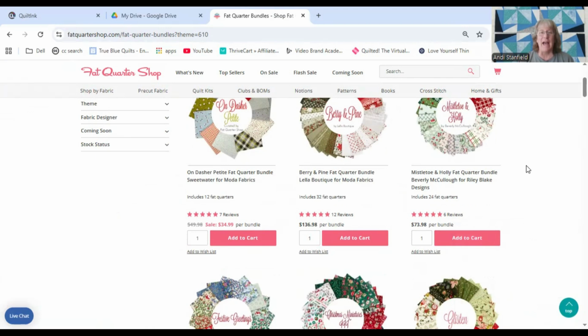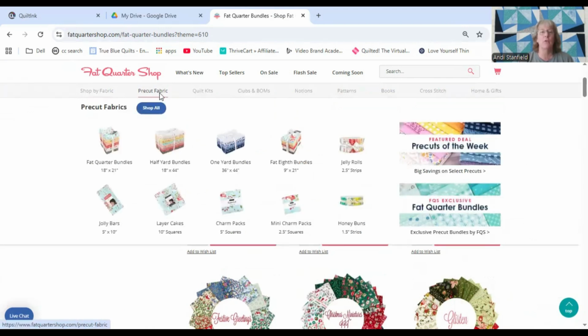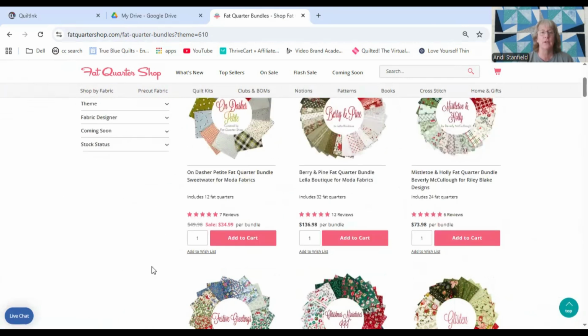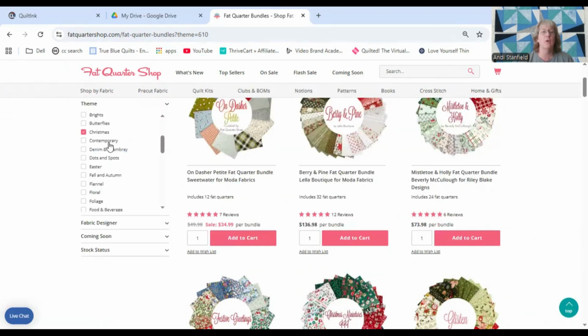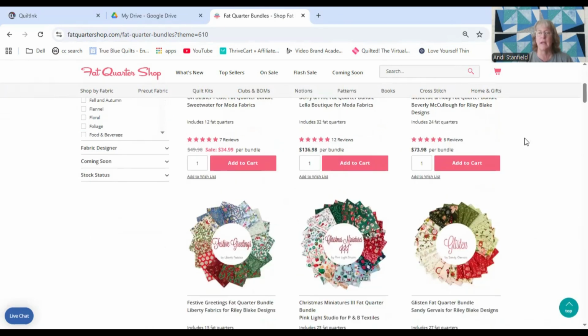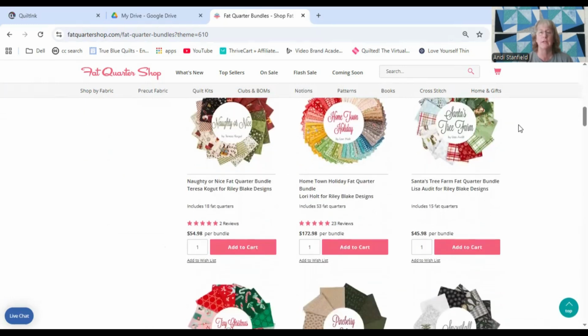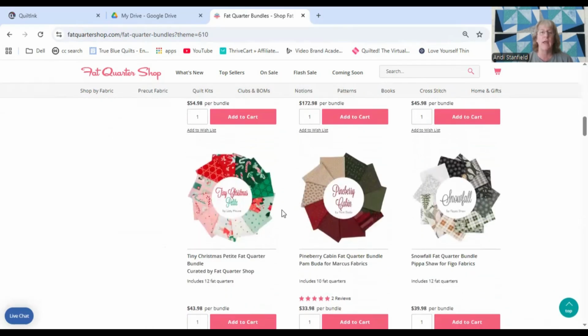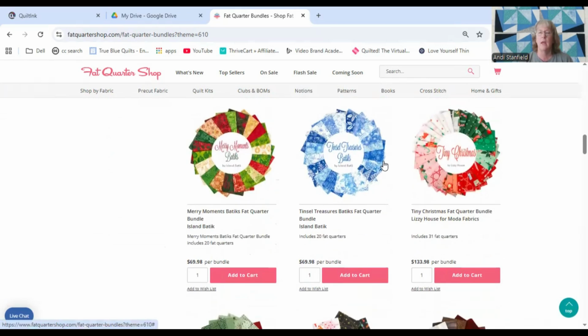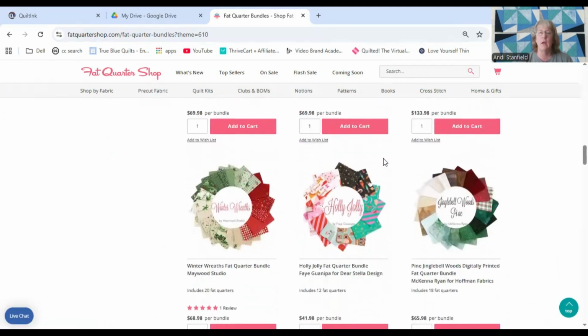Here I am at the Fat Quarter shop. You can see I have come over to Fat Quarter bundles under the pre-cuts, and I limited under the theme to Christmas. I selected Christmas, and these are all the bundles. I'm just trying to get some color inspiration. Here's a traditional Christmas with a little bit of pink, and